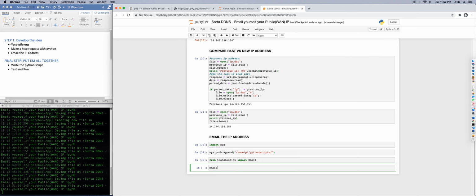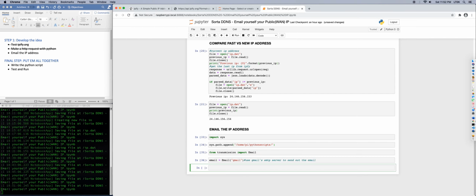I call email is equal to email, and I should instantiate it using what's called, I have two versions. One is localhost or Gmail. I'm going to use Gmail. Basically, I'm going to use Gmail's SMTP server to send out the email. There. So email dot send email, and it's going to take